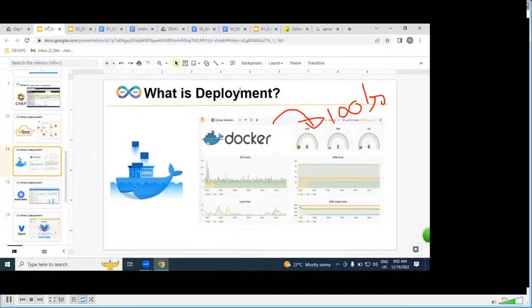Understand very clearly: if anybody asks what is Docker, the statement is that Docker is for website deployment. What is Docker? For placing our websites very easily, with high performance and low cost.